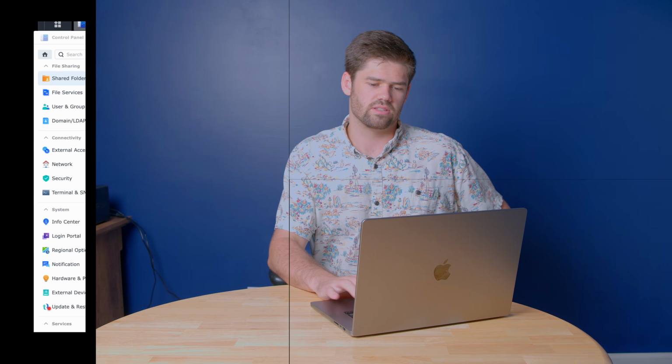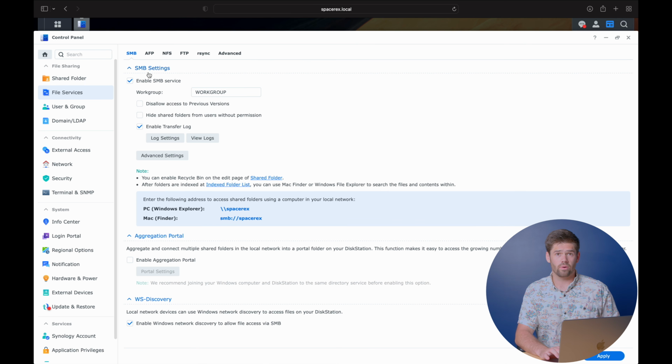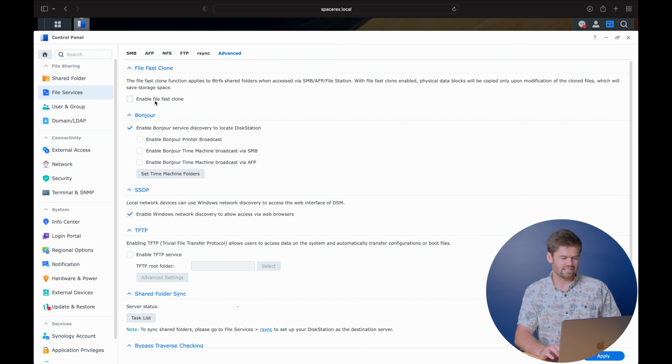All right, and so now there are a couple of just kind of fun ones. So number 4 is super useful. No idea why it's not enabled by default, and that's under File Service, Advanced, Fast Clone. Fast Clone is absolutely awesome because what it allows you to do is on your SMB file server, or the other ones listed here, it will allow you, when a user says copy paste, to instantly copy and paste that